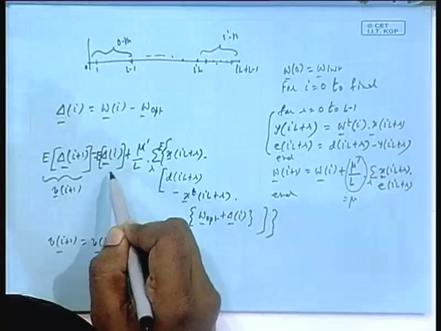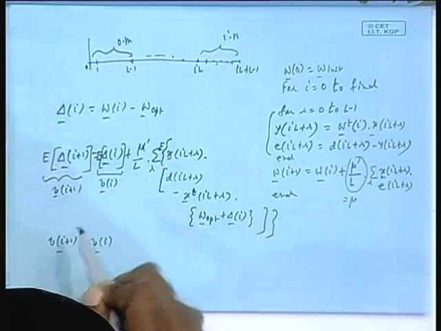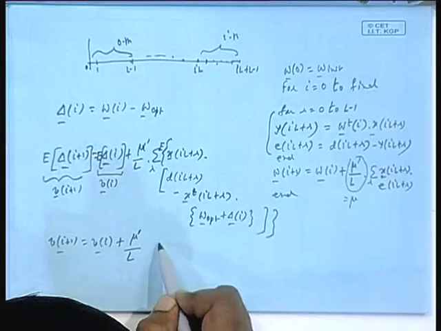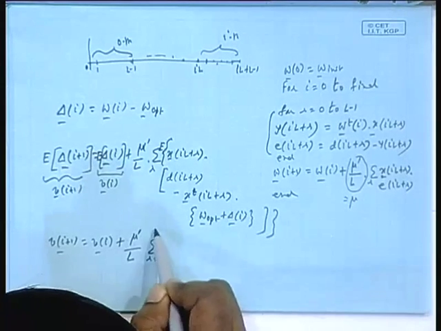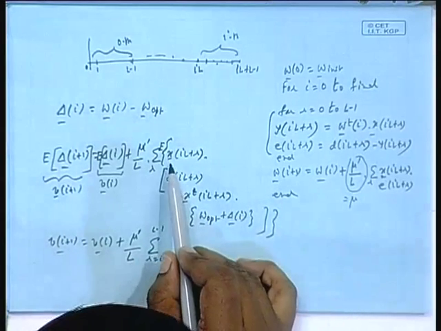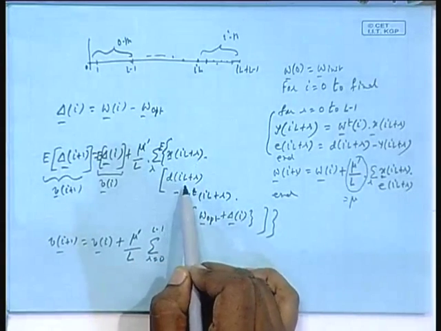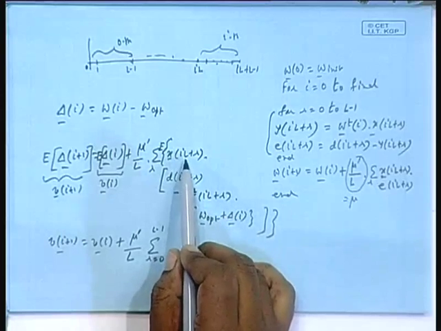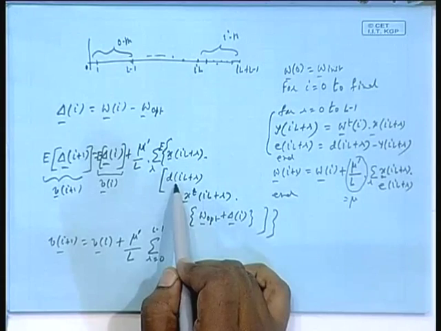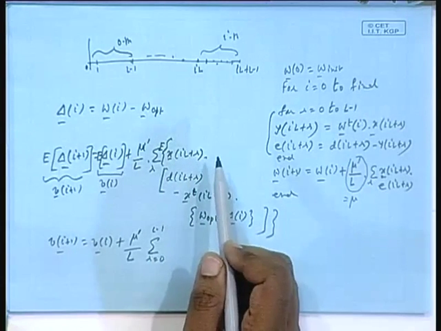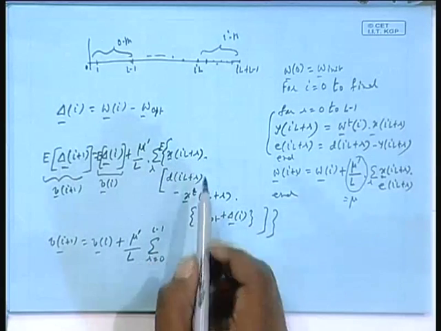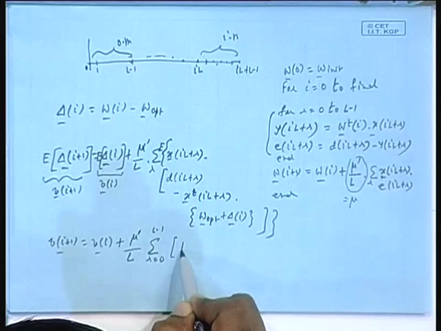So, this is Vi plus mu prime by L summation over R. See, expected value of this data vector times D is absolutely similar to before. Data vector any index times the desired response, expected value of that is P vector, and P irrespective of the index. So, the first term will be P,